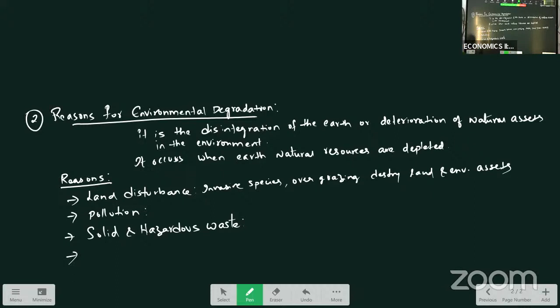Another reason is soil degradation. Soil is also losing its fertility. Soil degradation is soil erosion, which is a result of wind and water. It affects the agriculture land. The top fertile layer will be affected, which harms the productivity of the soil. And we can say this soil degradation is causing damage to our environment.